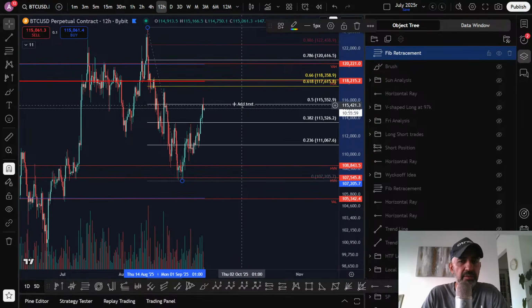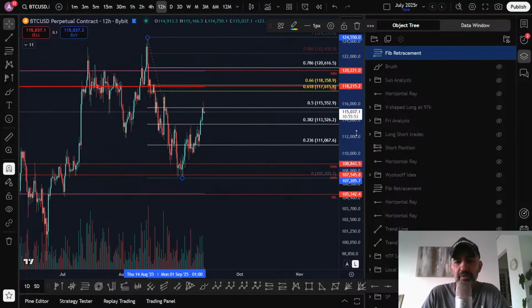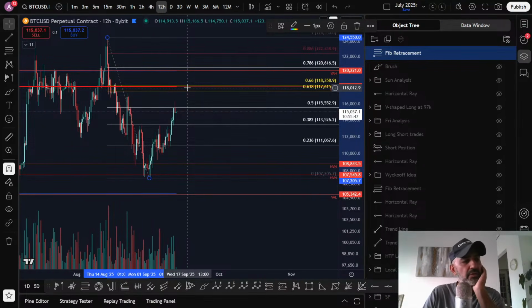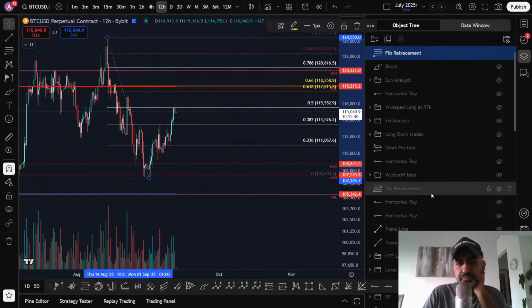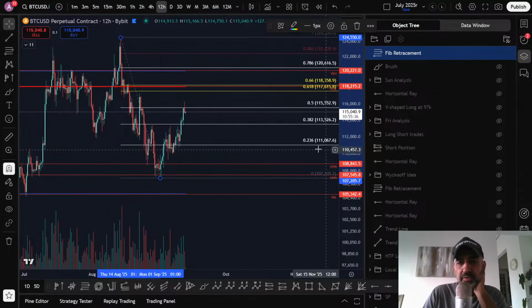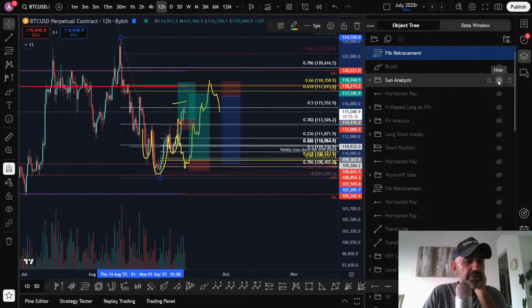You see that? So that was the first. We found support of the 382. So that's kind of where we are now. We are in an inverse head and shoulders pattern. We have broken out. So I do expect the price to go up to the point of control. I do expect the price to go up there. And so naturally, I still think that this short is a valid short.